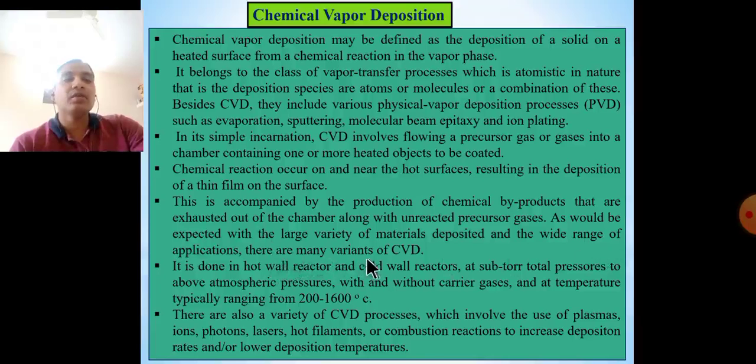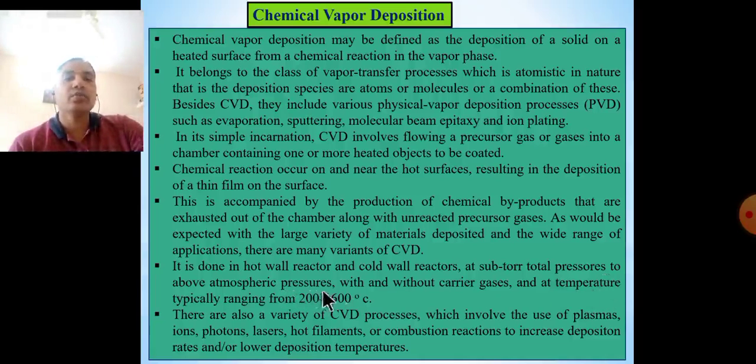There are many variants of CVD. In the diagram, on one side gas is passed and the unwanted byproduct gases are removed from the next side. It is done in a hot wall reactor and a cold wall reactor at total processes